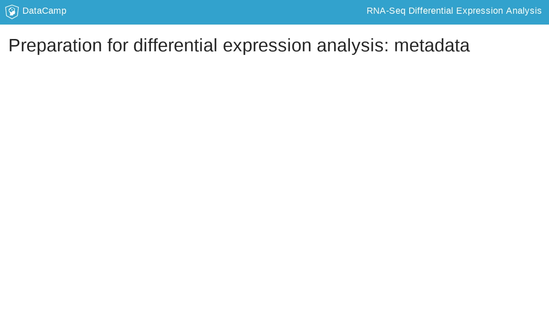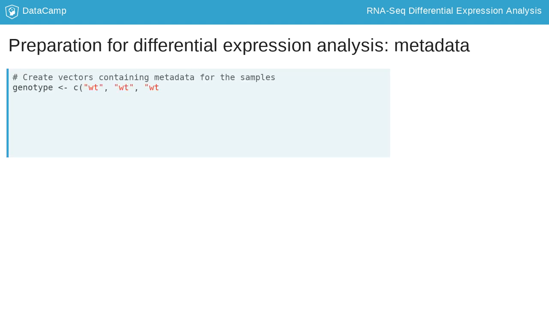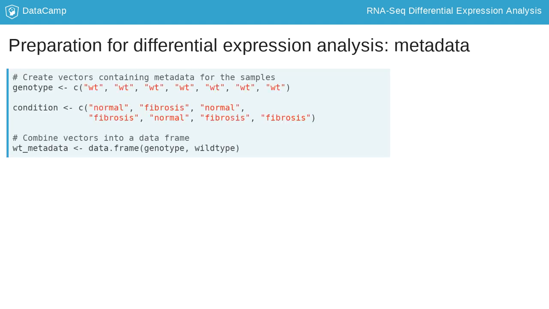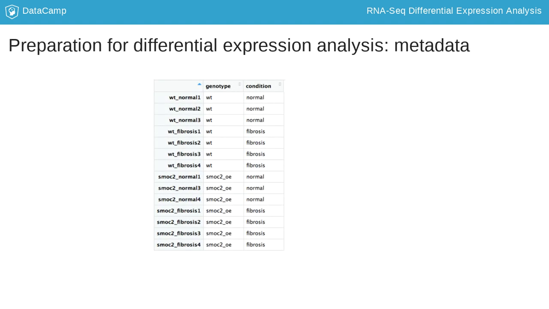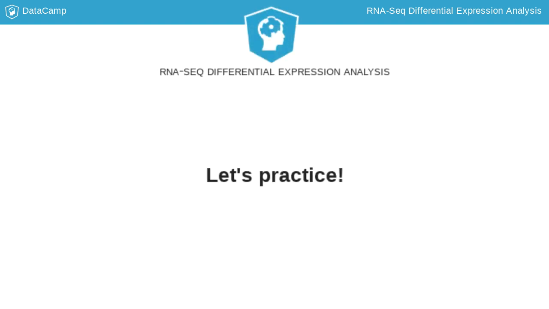In addition to our raw counts, we require sample metadata. At the very least, we need to know which of our samples correspond to each condition. To generate our metadata, we create a vector for each column and combine the vectors into a data frame. The sample names are added as the row names. After we have the count and metadata files, we can start the differential expression analysis workflow. Let's practice exploring counts and getting our files ready for